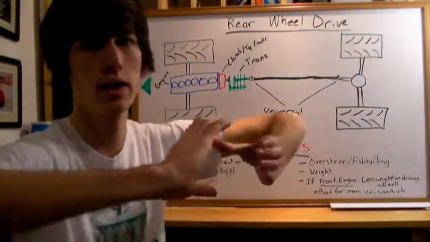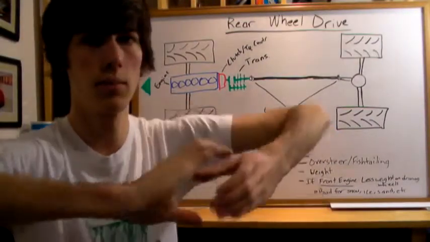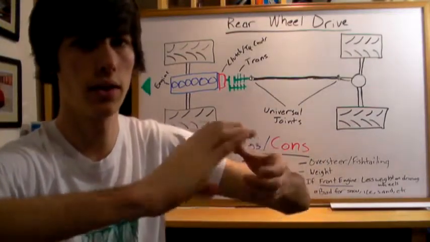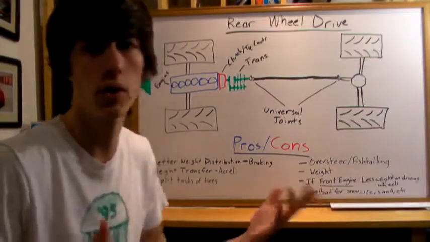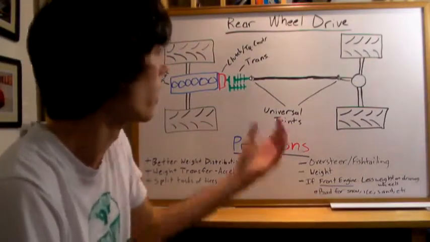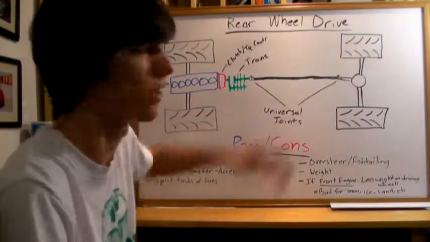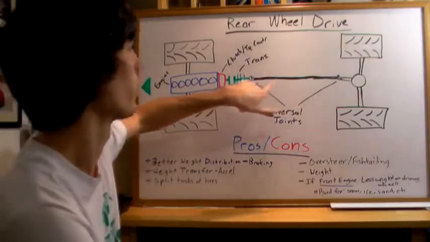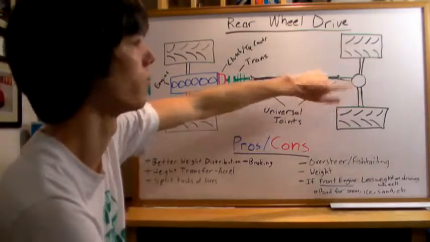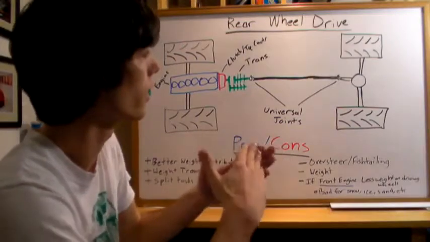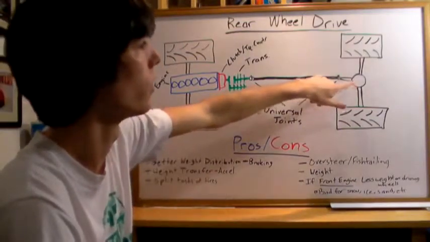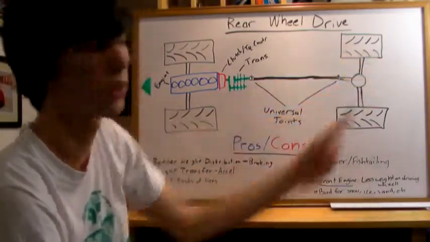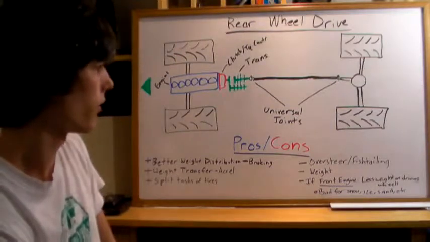So you're going to have a joint kind of like this where these can move up and down, so you can have a little bit of flex and they'll still rotate together. And that's important so when you are going over bumpy roads or whatever, that they'll stay connected, which is pretty vital so you can keep moving. So then it'll just pass through this drive shaft to the rear differential. You'll have a 45 degree or 90 degree cut where the gear will transfer that rotational motion in this direction to rotational motion in this direction, and then you'll have the wheels driving.